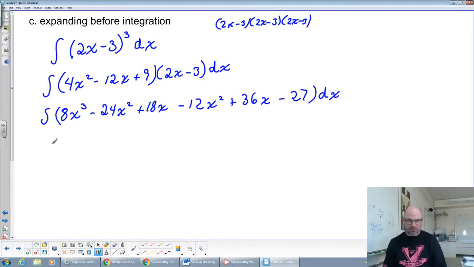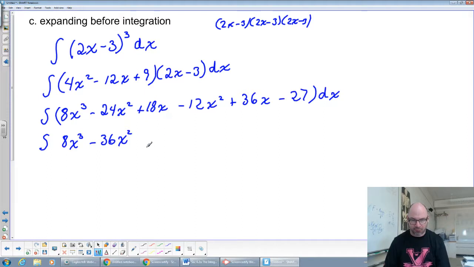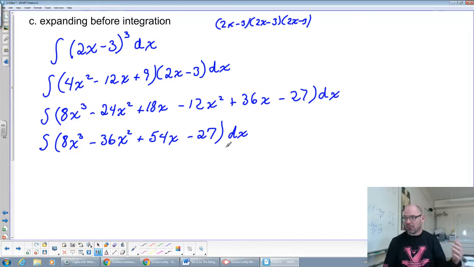Okay, so we can do a little bit of simplifying down in there. There's 1 cube only, 8x cubed. The squares can go together. Negative 24 and negative 12 is negative 36x squared. 18 and 36 is 54x. And then we have a negative 27 dx. Okay, now that we've got it all expanded out into just numbers and powers, with only adding and subtracting in between,